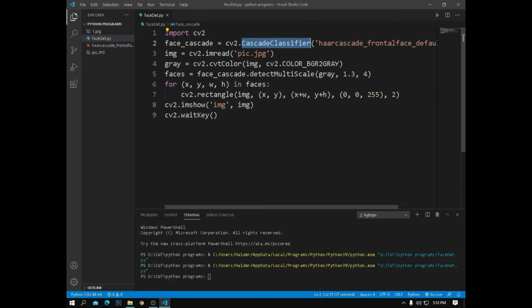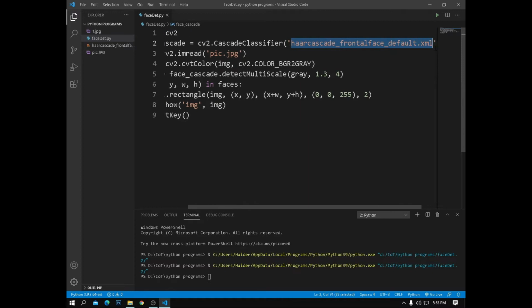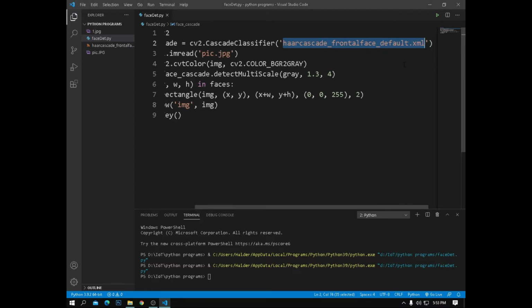You can download this Haar cascade classifier XML file from the OpenCV GitHub repository. I will also give you the link in the video description.